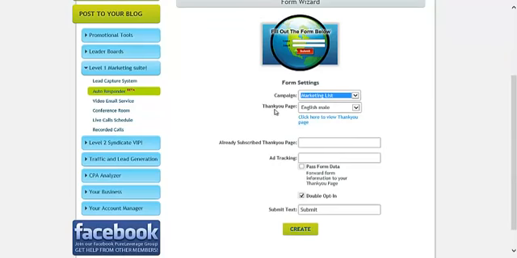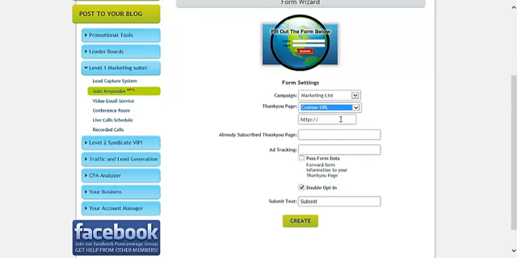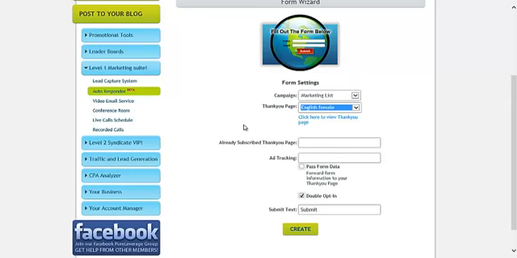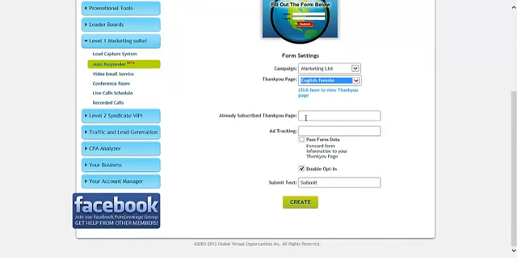Just like our simple form, you still select the one that you want, either the pre-made ones that have a voice with them, or select custom URL and enter the thank you page that you want them to go to once they click on the submit button that is in the form. Again, we'll go ahead and select English female for this one, and once again, as in the other form creation, already subscribed thank you page would be just another page that you could take them to if they already belong